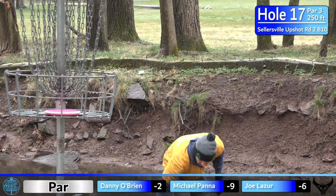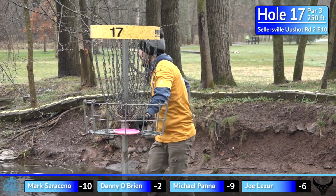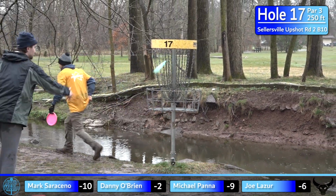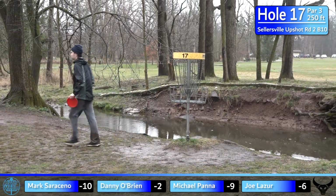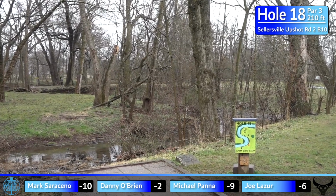And Mark with an even shorter par putt save. So, maybe that's part of the play, knowing that if you go out of bounds, it is so close. Nonetheless, no harm, no foul. Two leaders both go out of bounds, both make their par putts, and we'll move over to another signature hole